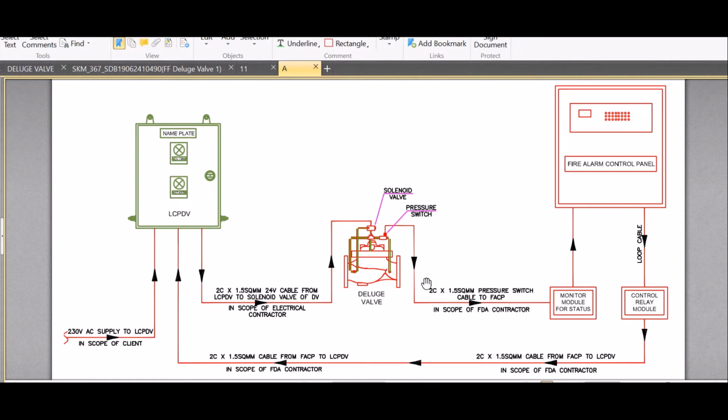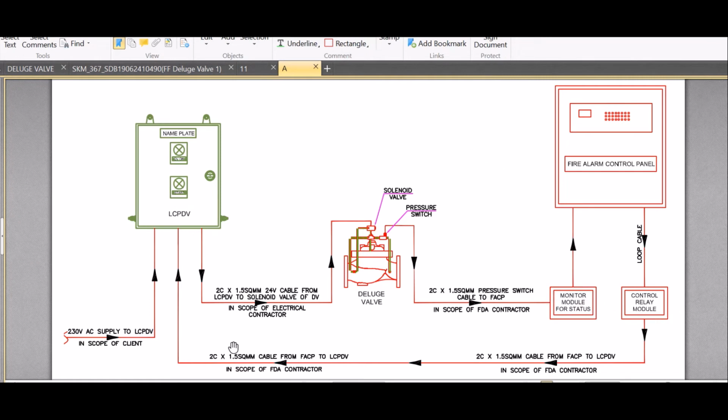So how does it work? Let me explain that. In an individual zone, each and every zone has an individual deluge valve control panel, an individual deluge valve, and one control module and one monitor module.